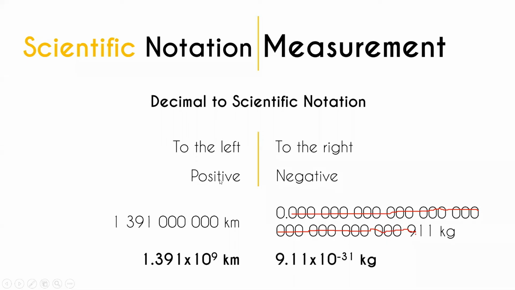So it is 9.11 times 10 to the power of negative 31. Negative because you move that to the right, or that number is very small. So that is the mass of an electron. So for example, you are asked, tinanong kita, what is the mass of an electron? Alangan, ingon, the mass of an electron is